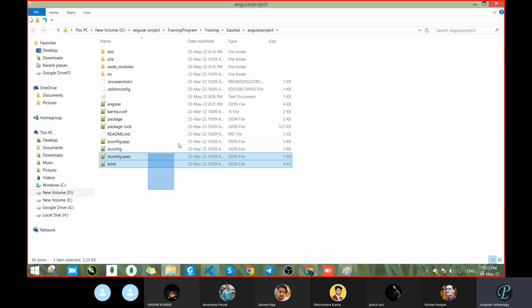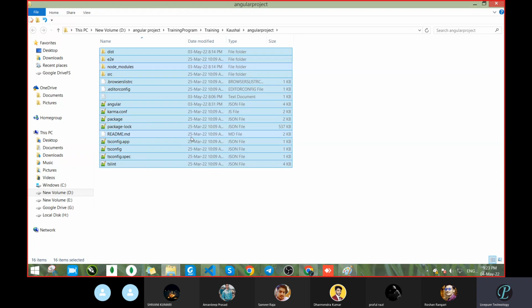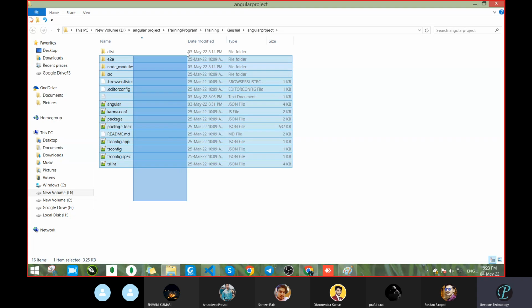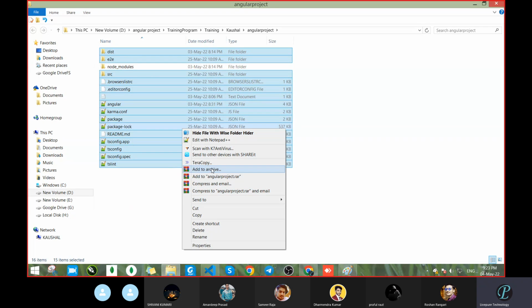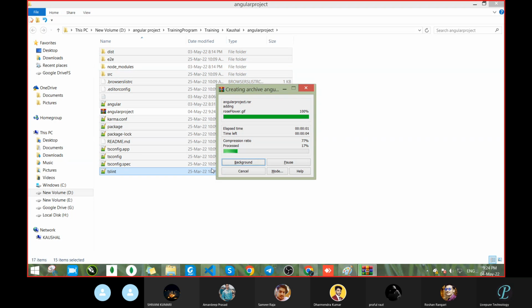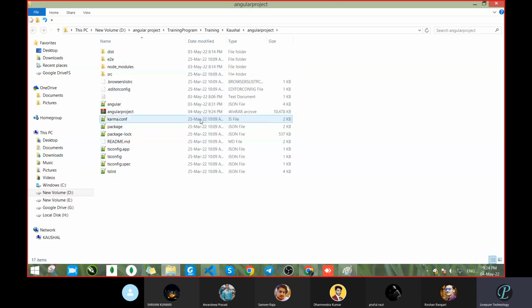Okay, so here you can see that this many files are there. So while sharing the project, what you can do? Don't share this node modules. Okay, the remaining all you can zip. Okay, zip that file, add to archive. Now, if anybody wants the project, just share this file, the Angular project. That's it. And once you share the project, they can access